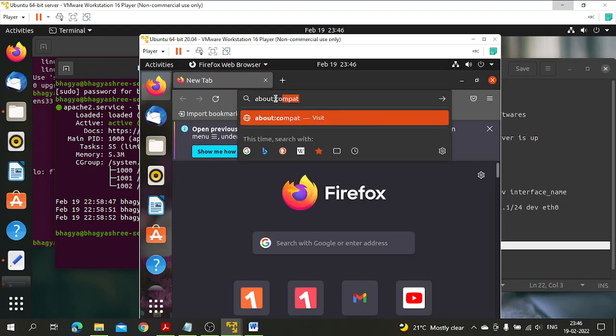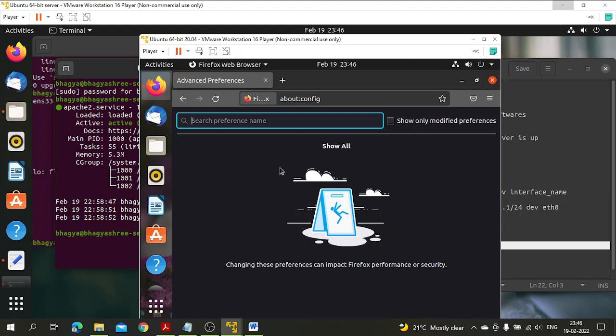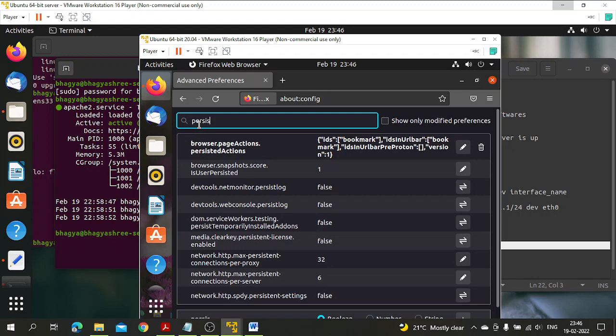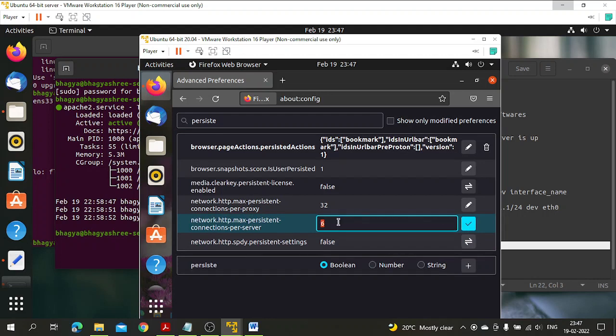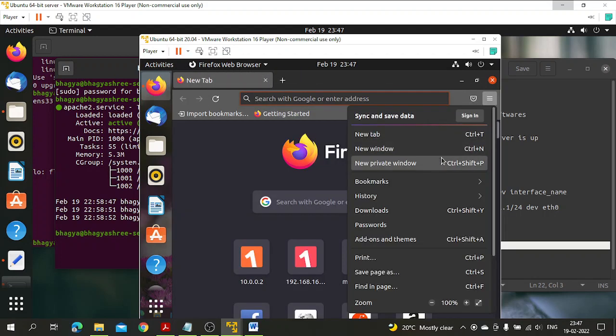about:config, hit enter, accept the risk and continue, and search for the prefix persistent. So here, by default it will be 6. So since we are doing non-persistent connection right now, we are changing this to 0 and we are keeping this persistent setting as false now, and just click it, and now open the new terminal and clear the cache history,